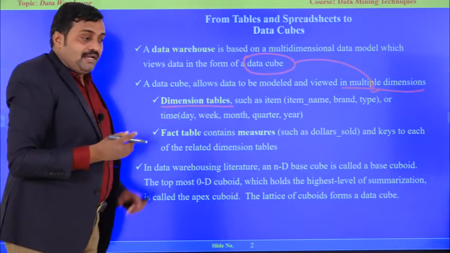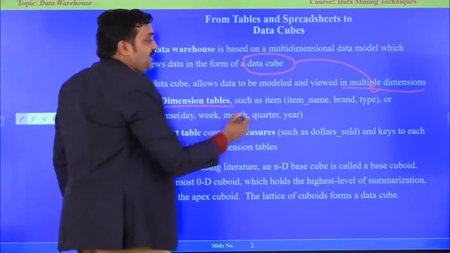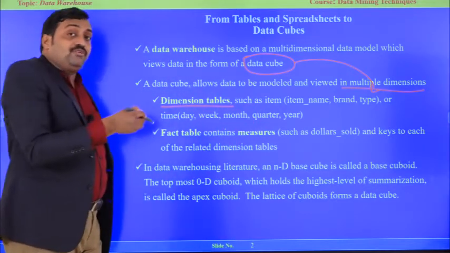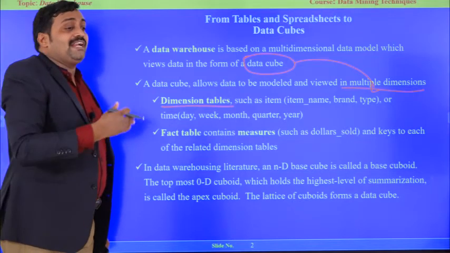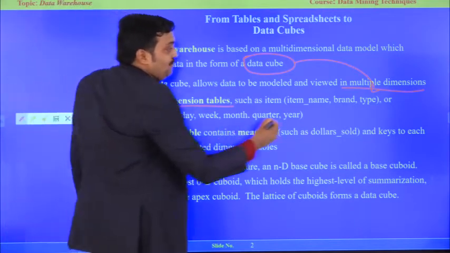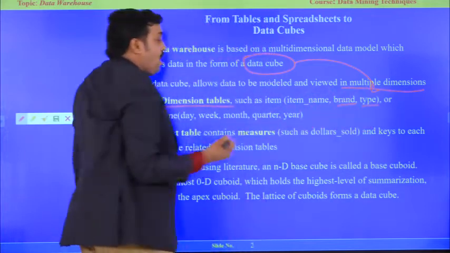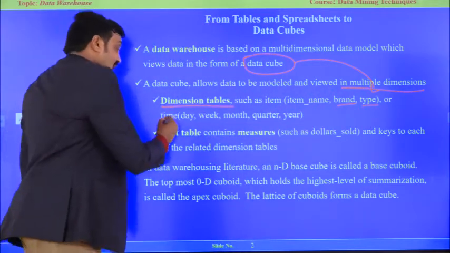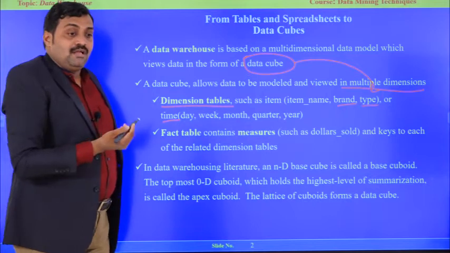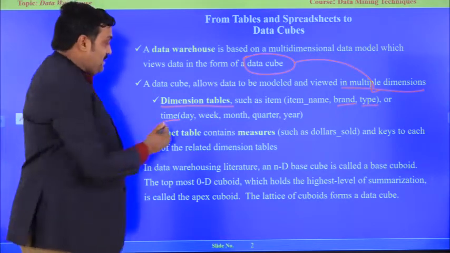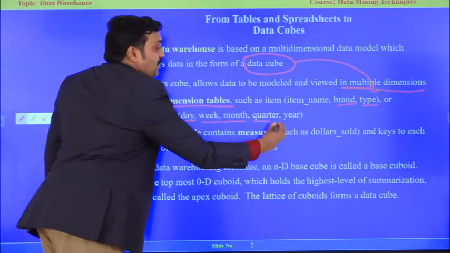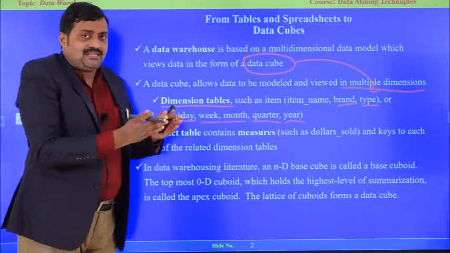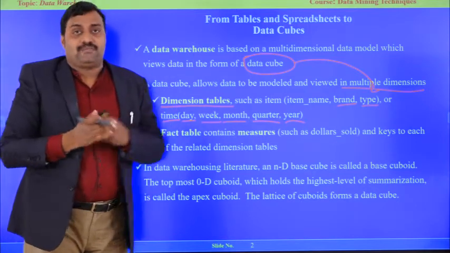In the dimension tables, we maintain all the items relevant to sales: item brand, type, cost, all the things. Then another table is the time table. Time is on which date, which week, which month, quarter, year. These are the various tables of my sales department.